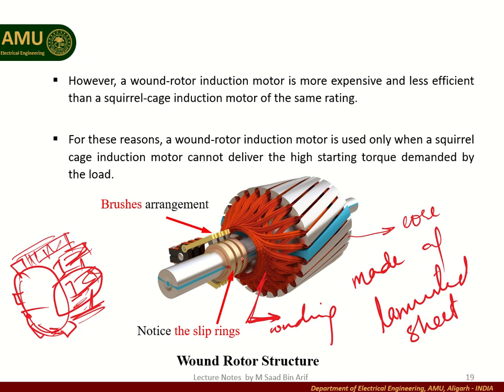The output of the windings are connected to the slip ring type of arrangement. If we didn't connect it to the slip ring, then we have a 3-phase winding on the rotor also, and one end of the winding is here, the other end of the winding is here, and another end of the winding is also here. If the winding terminals are open circuited, then what will happen? No current will flow, although the voltage will induce.